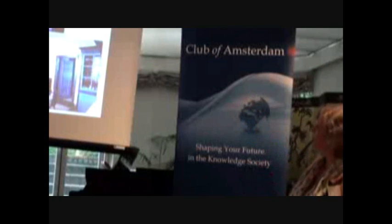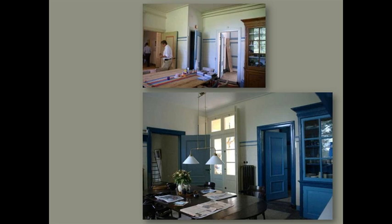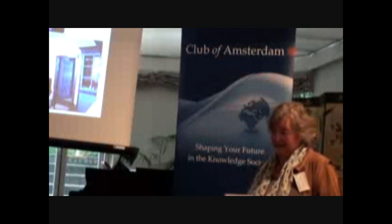This is the kitchen, before and after. We live in another way than our ancestors. We have no personnel in the kitchen. I prepare our dinner myself, and we eat in the kitchen. So we made a veranda door in the kitchen,